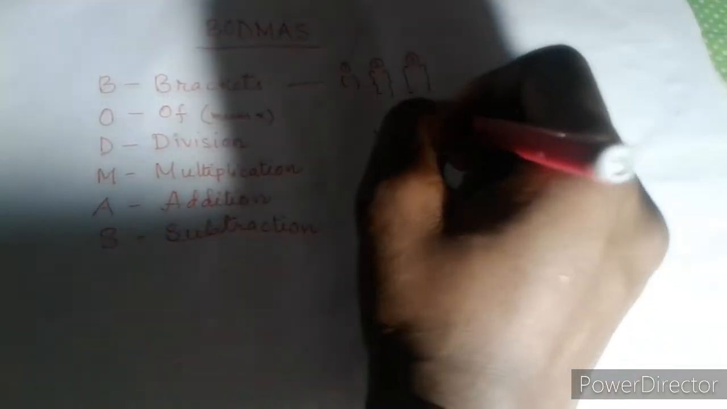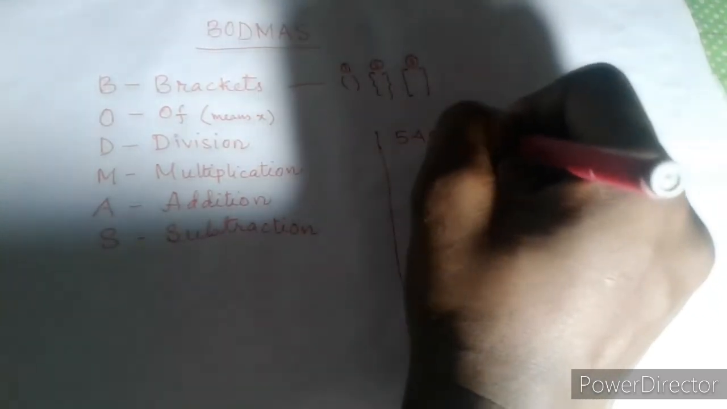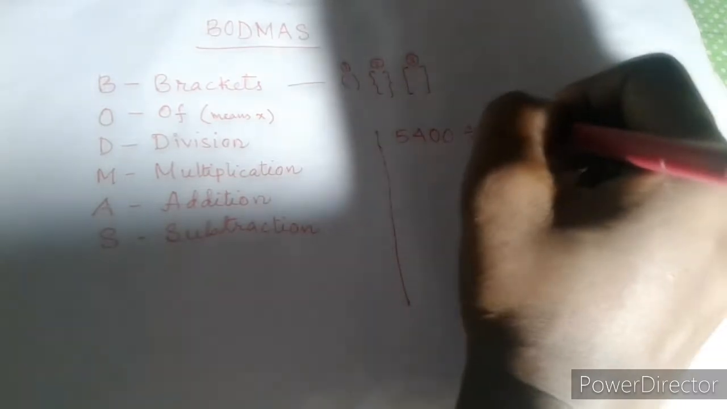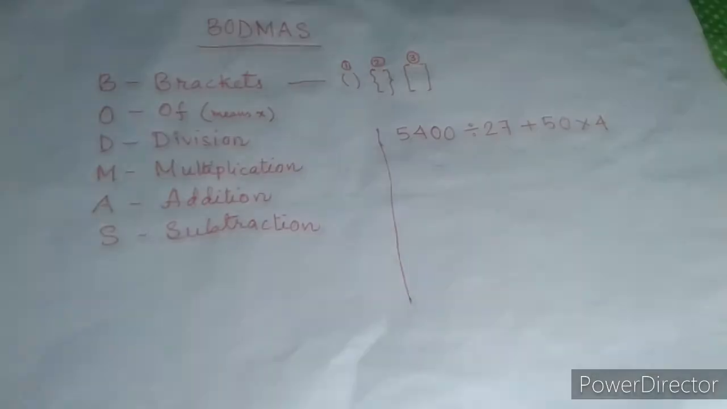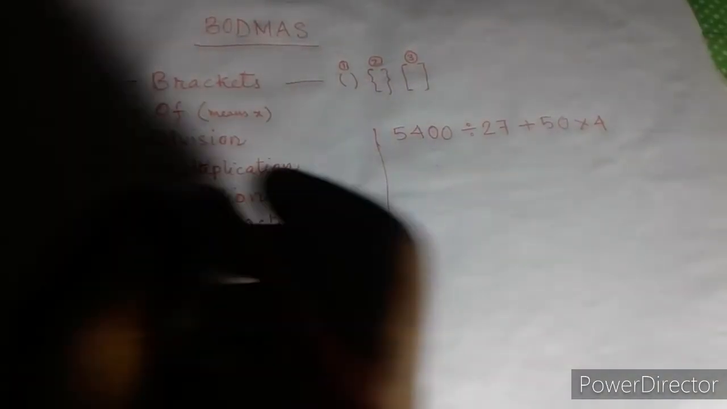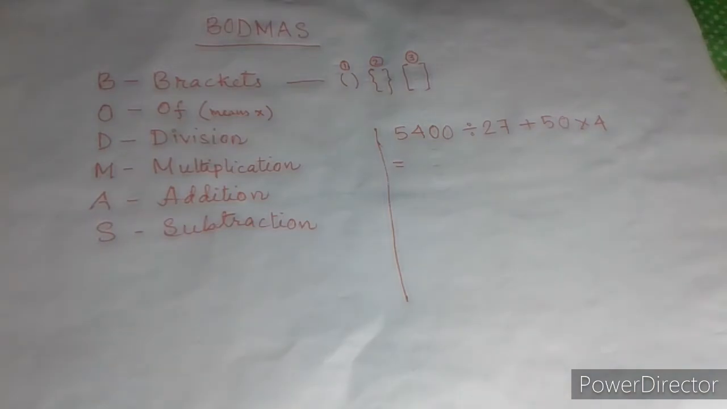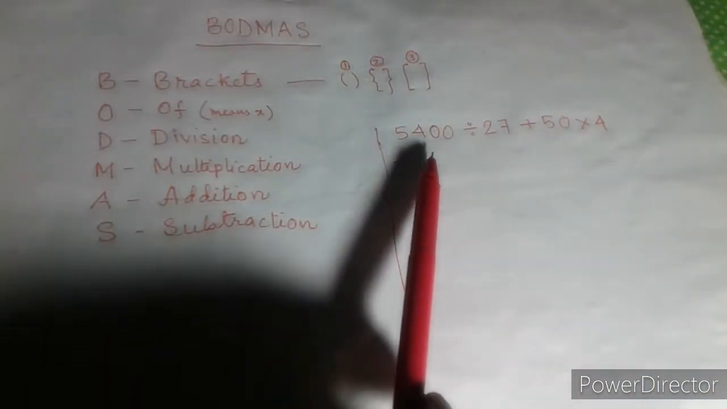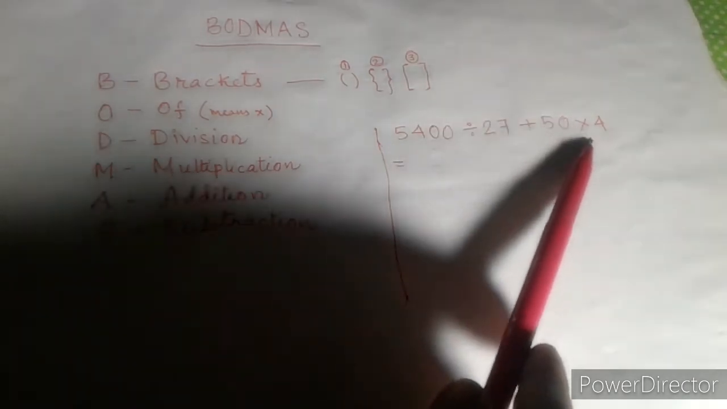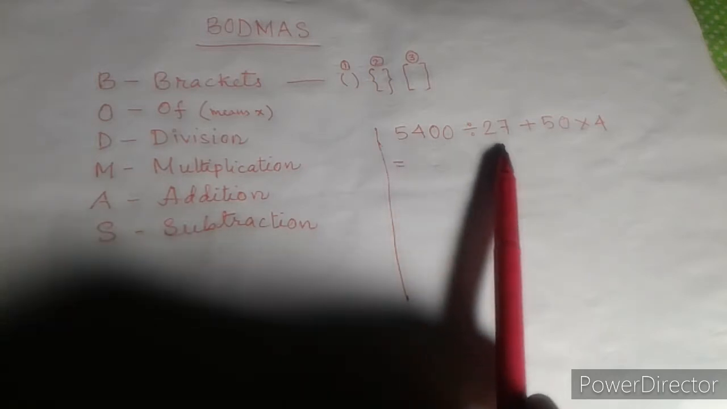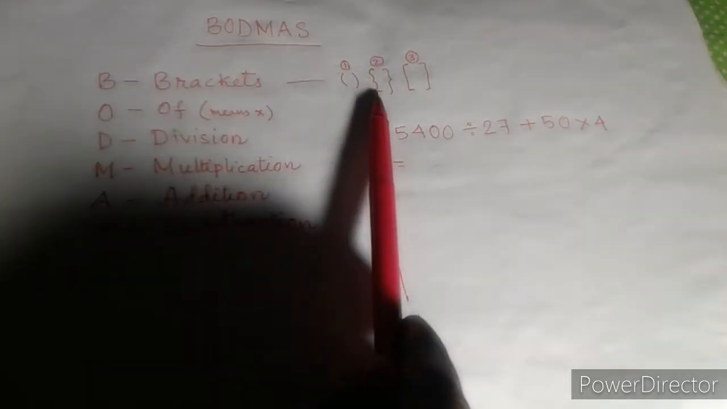You can see here I am going to solve one equation. 5400 divided by 27 plus 50 into 4. So you can see here the equation from exercise 2E, question number 1A. So you can see here there are no brackets. Since there is no bracket, we will move to the other one, that is